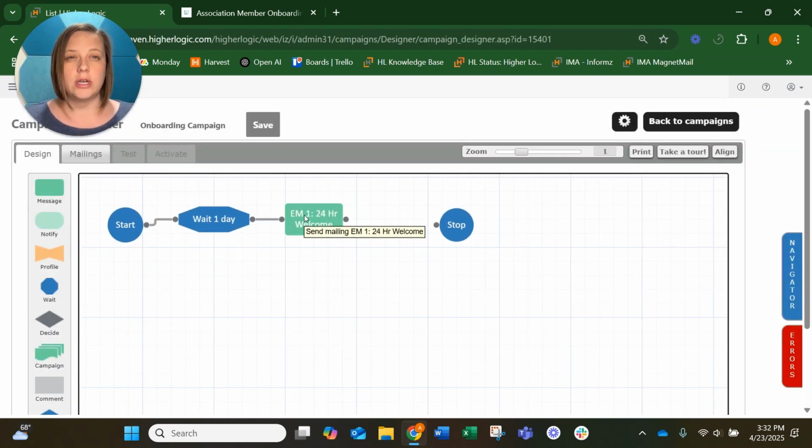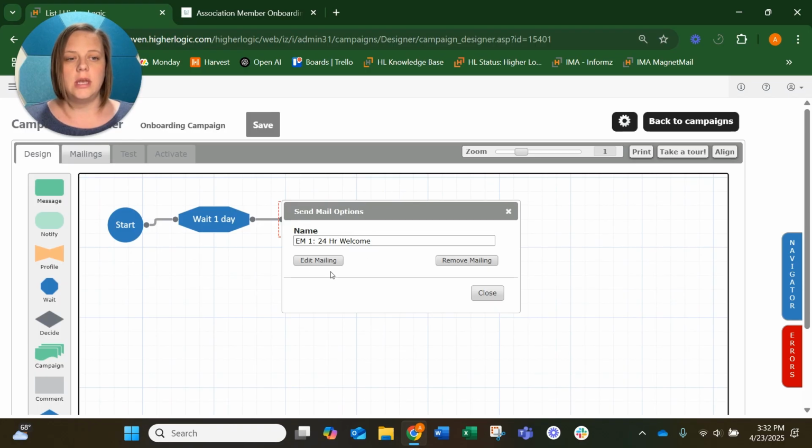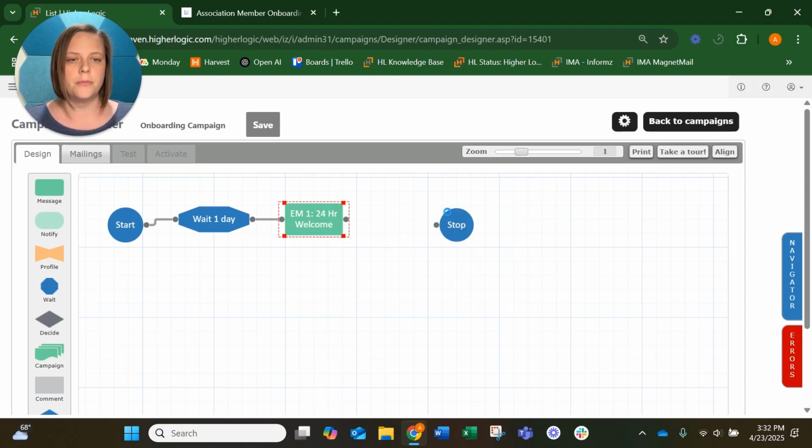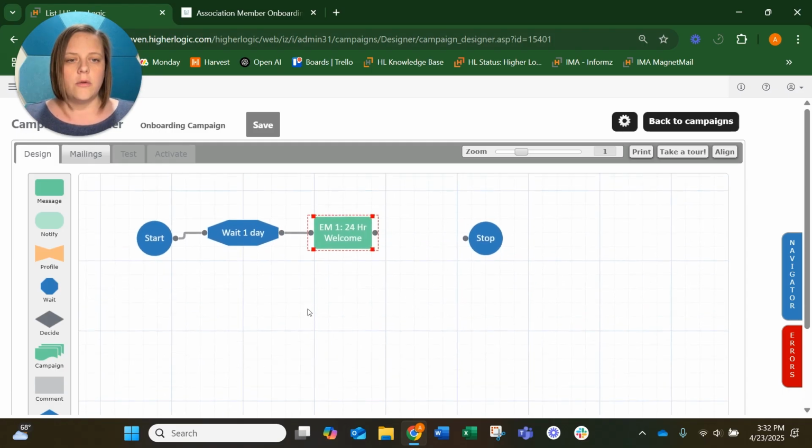Now, if you were to click that message box again, you'll see that copy is no longer there. Now you have the option to edit your mailing or remove your mailing, which is helpful if you need to change some things in the future. Alright, we've got this. Now, again, an onboarding campaign is really easy because we're going to duplicate what we've already